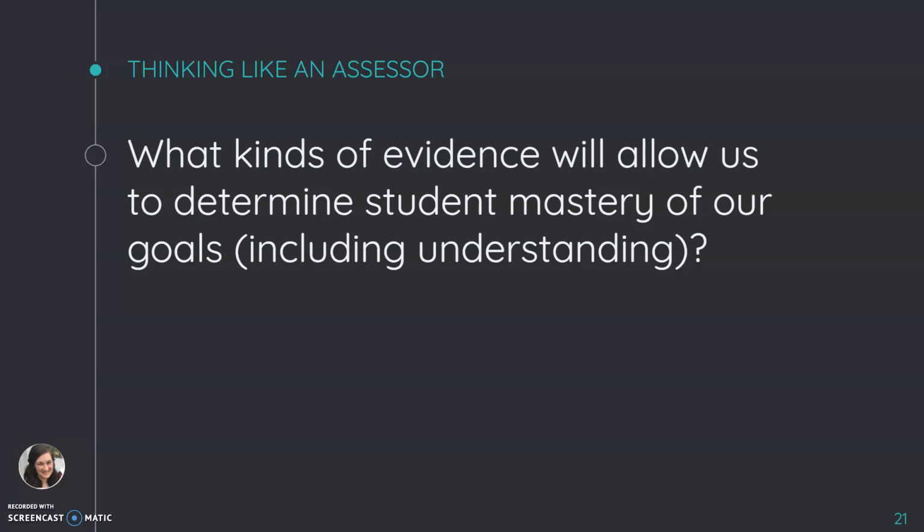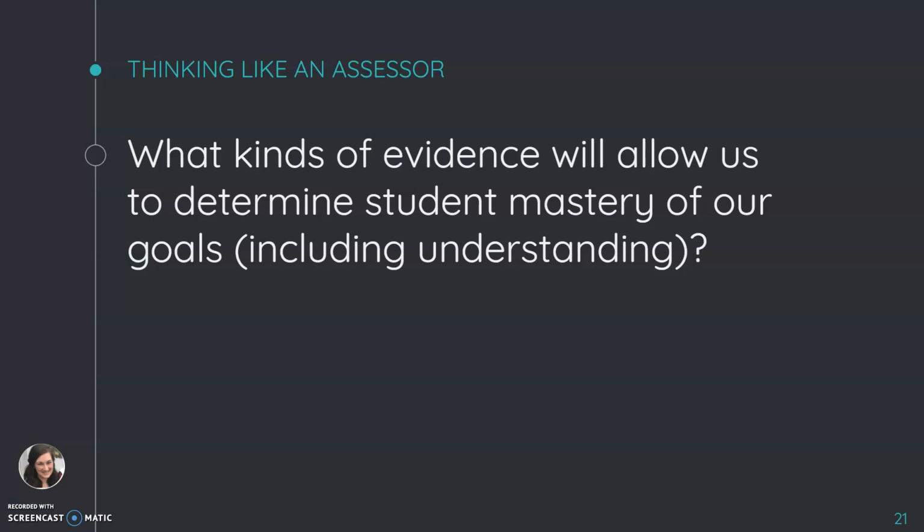Because if we don't think ahead about the desired results of our curriculum when we plan to assess, we might get some grades and some information, like who scored a 90% and who scored 50%, but we won't really know if our students have mastered the entirety of the understandings we were targeting in our unit.